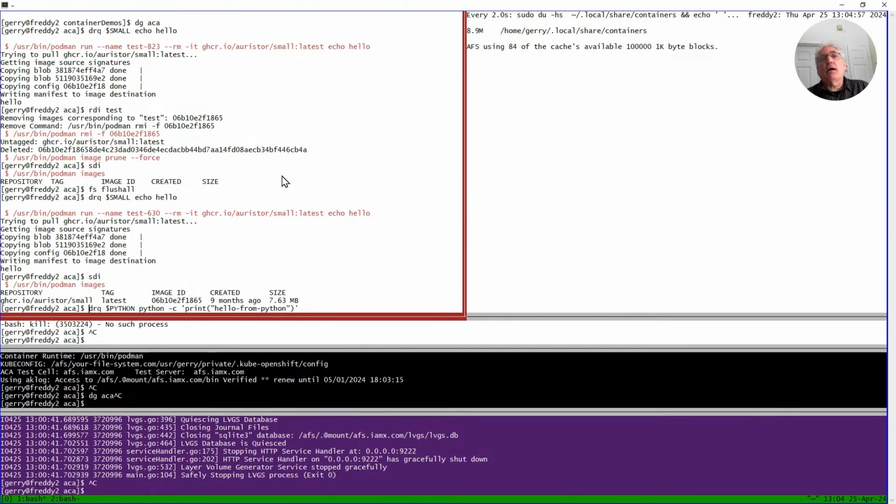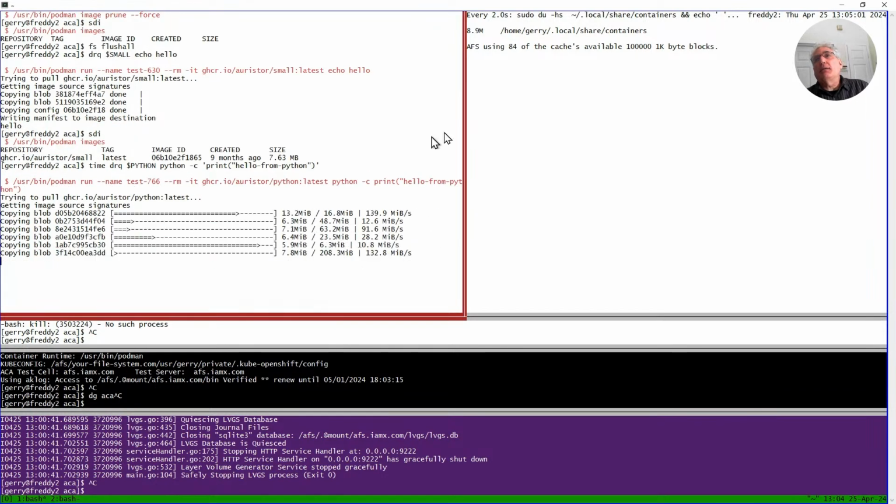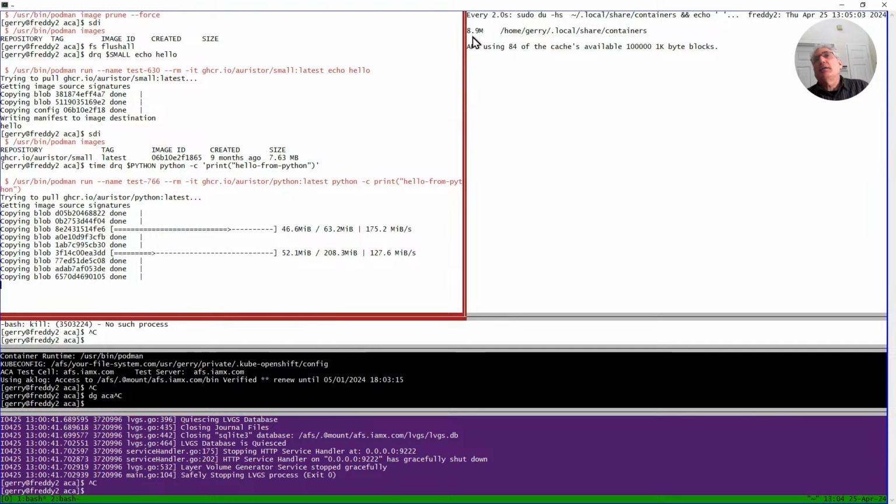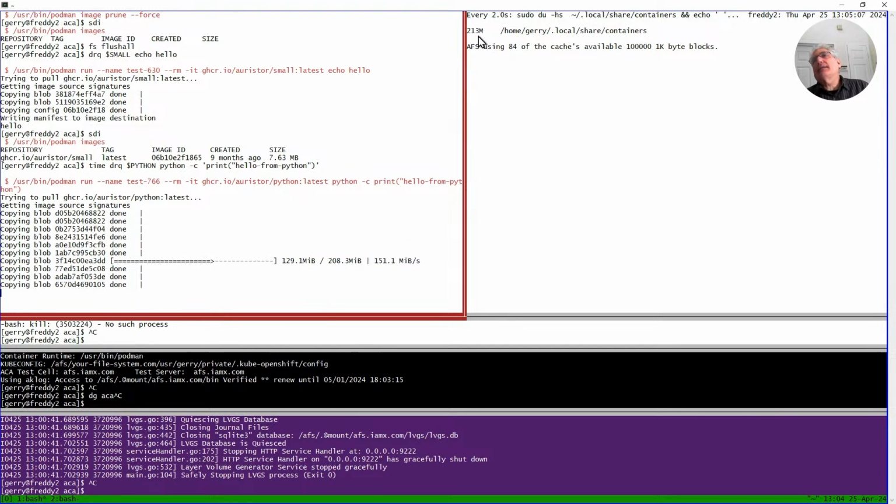Okay, and I'm going to timestamp it to see how long it takes. So now what I'm doing is I'm running, and look at what's going on here. It's downloading Python, and there it goes. As it untars those files locally, this grows. Just proving out what I said, that Python takes a lot of disk space. It's still downloading, it's still untarring,